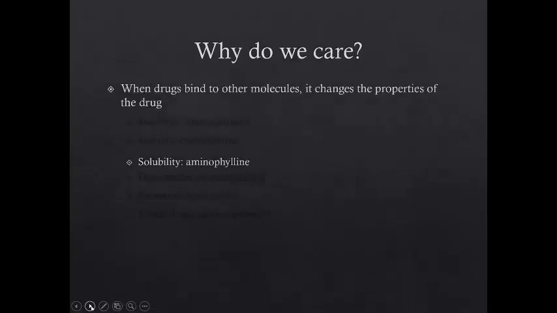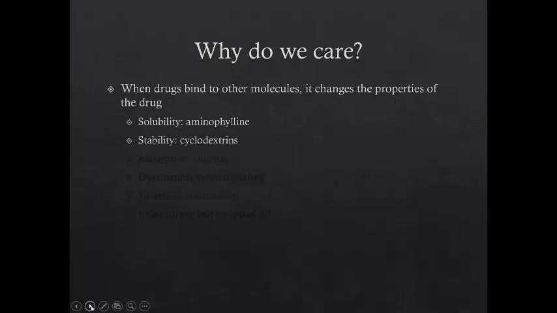Since it changes the properties of the drug, we can improve the solubility of an agent. We use this when we change a drug called theophylline into aminophylline to make it more soluble by complexing it with an ethyl-diamine. We can also improve the stability of compounds by using those donuts like I showed you the picture of earlier, cyclodextrins. We can improve absorption